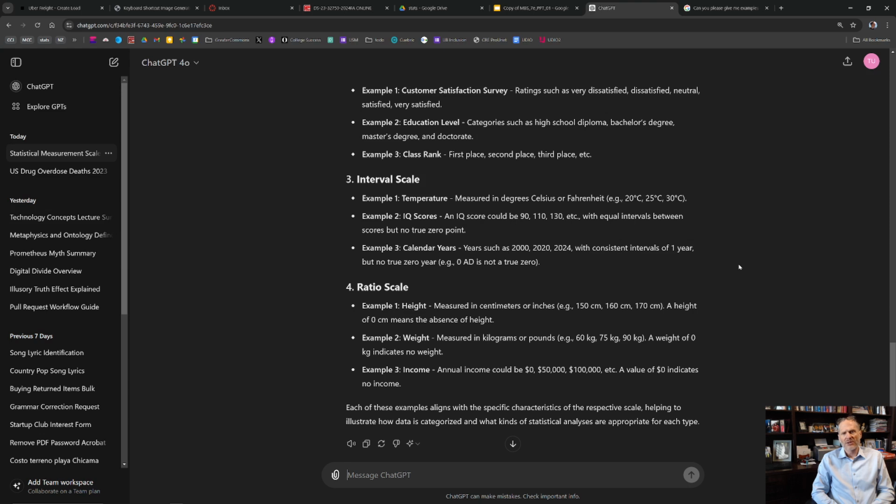So this first chapter is really about talking about what words do we use when we're talking about data. So every field, every subject, every domain has its own language with which you talk about that domain and its own unique vocabulary. So this first chapter is just introducing you to that in statistics.